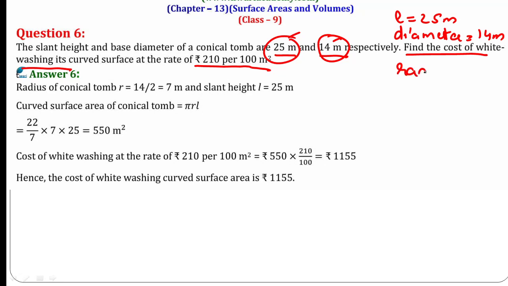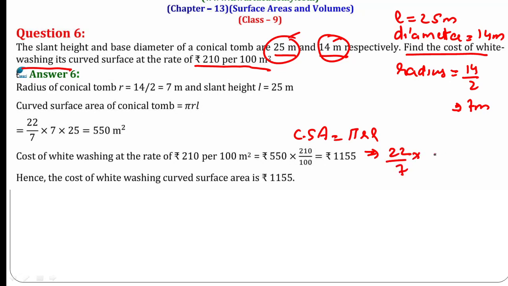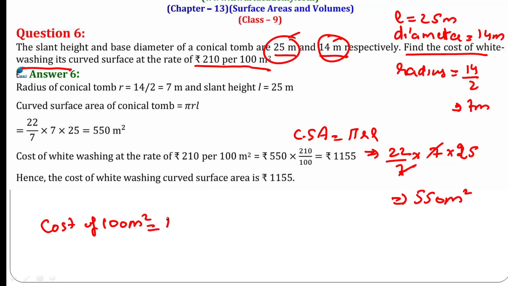So the value of radius is 14 divided by 2, that is 7 meter. So what is the curved surface area? Curved surface area is pi r l. On solving you will obtain 22/7 into r is 7 and l is 25. On multiplication you will obtain 550 meter square. So the cost of 100 meter square is rupees 210, and the cost of this 550 meter square is, so you will multiply